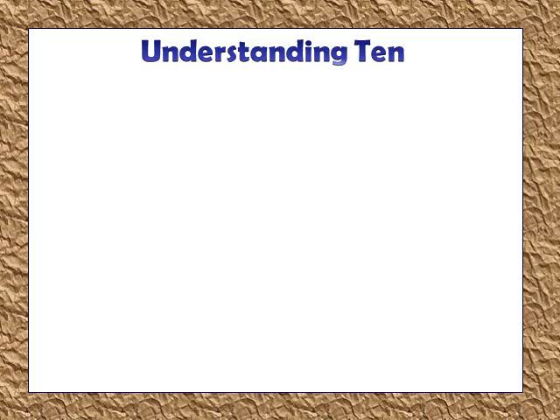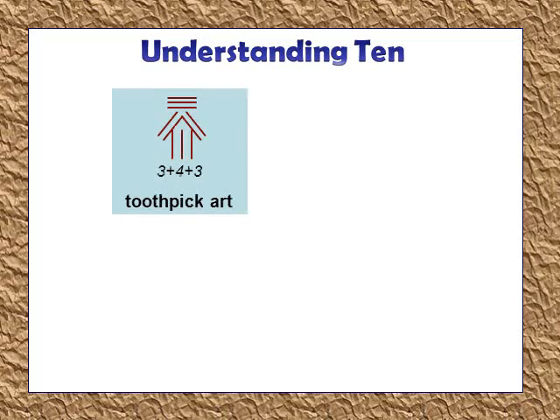Here's some more activities that can be used for understanding 10, focusing on composing and decomposing numbers. Using toothpick art, students could use 10 toothpicks or 10 straws and make a design, and then use words or equations if students are even ready to explain what they did with their design. If I was using words to describe this, I might say 3 and 4 and 3. That's 10 in all. If I was ready to use an equation, I might say 3 plus 4 plus 3